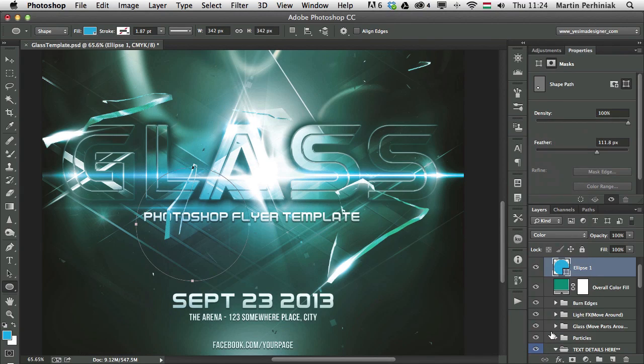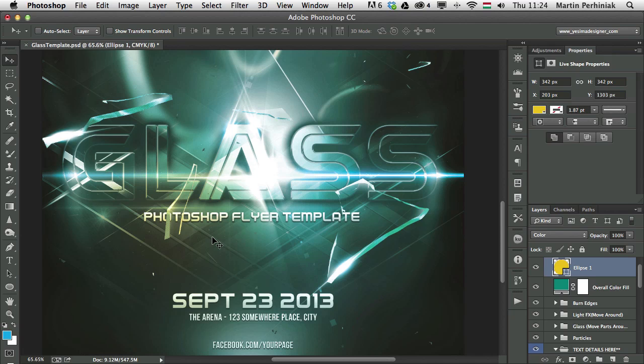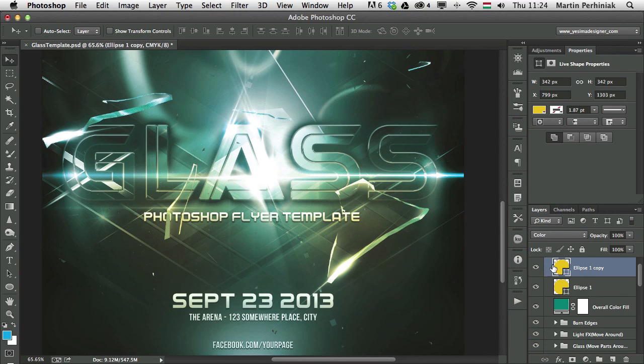I just set it to color, so it will be used for coloring, and you can see wherever I move this, it will add that blue color to the image. But to make it more obvious, I'm going to set it to something like this, a red color, or maybe let's just use something yellow. Okay, so there's that coloring effect, and I'm going to alt click and drag this coloring effect